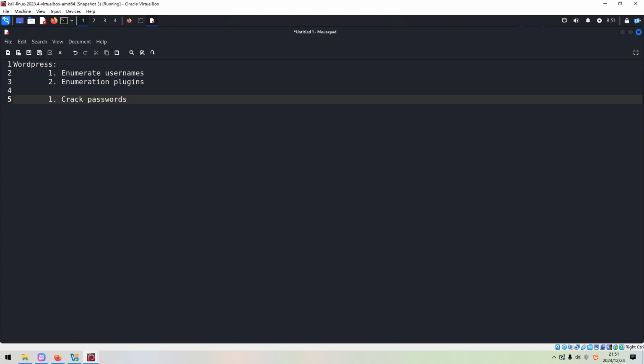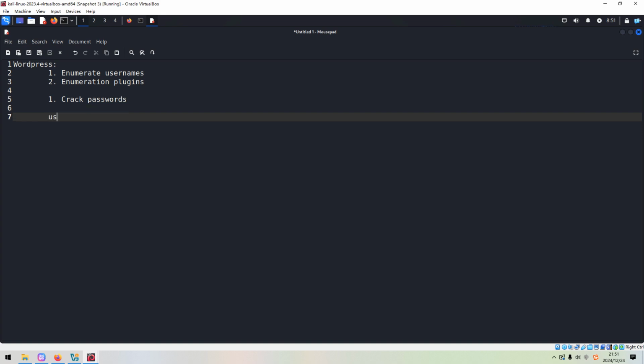For example, if the password is not so complicated, we can use Rockyou or some other word list to crack it. And then from this point on, we can log in to the WordPress admin panel.